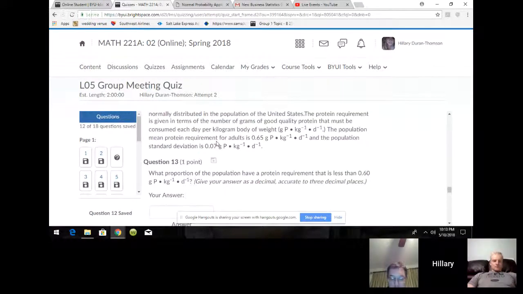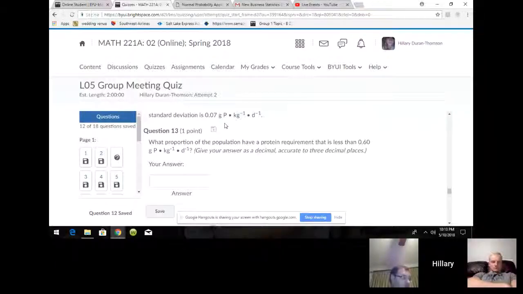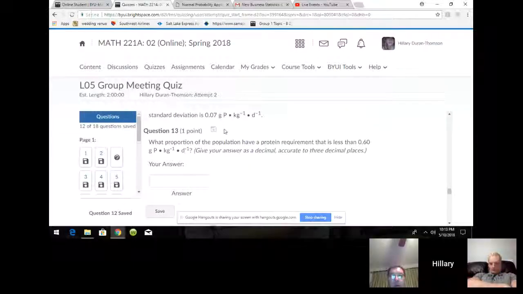So I got 13 wrong. I have 0.762, and that's not the right answer. Let me see. So this is probably that proportional problem. Let me go back and look at this, because I was working with that. So we do